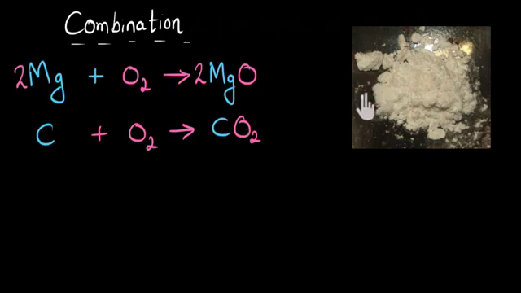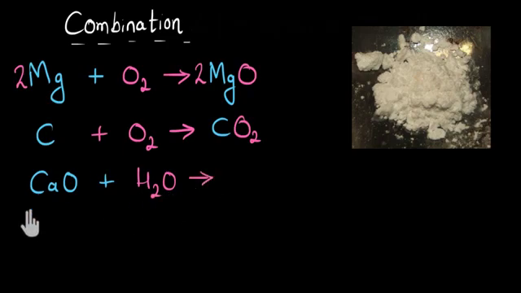So here I have this white powder which is calcium oxide, and this is going to react with the water. I am adding water onto it, H2O, and these both are going to combine, and finally I'm going to get calcium hydroxide. The formula of calcium hydroxide is Ca(OH)2, and this is balanced: 2 oxygen, 2 hydrogen, 2 oxygen, 2 hydrogen, 1 calcium. Yes. And in this reaction also, if you touch the container in which this reaction is happening, you will feel that it is getting warmer. So in this one also, a lot of heat energy is given out.